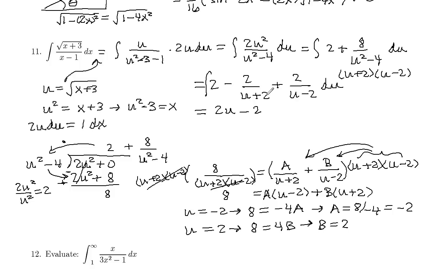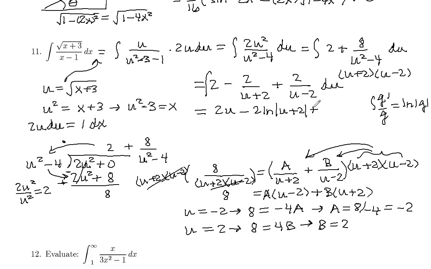We integrate term by term. So if we pull the -2 out, then we'll have 1 over u plus 2. That's a log. That looks like g prime over g. The derivative of u plus 2 is 1. So we got the function on the bottom and derivative on the top. Remember that if you integrate g prime over g, you get the natural log of absolute value of g, natural log of absolute value of the bottom. So this is going to be ln absolute u plus 2,